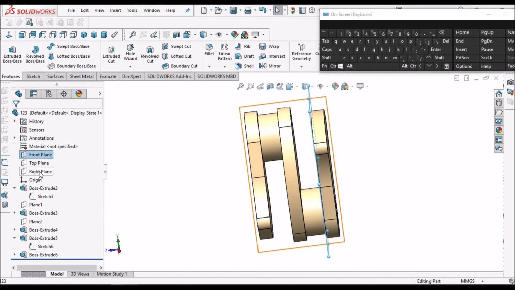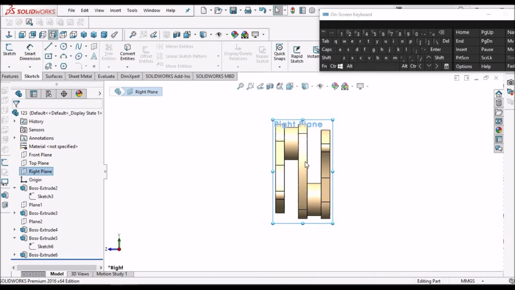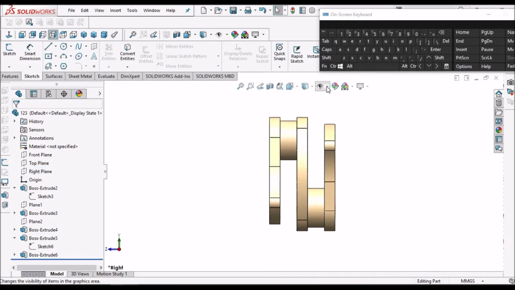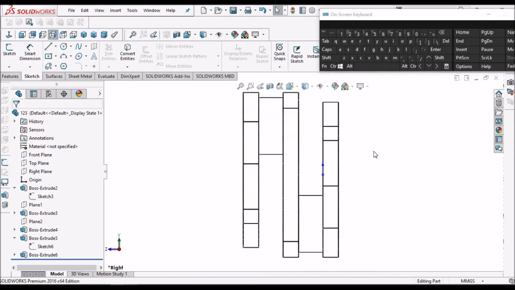Select the right plane, go to sketch, so we have to unhide the origin. So this is the origin and keep it in wireframe.